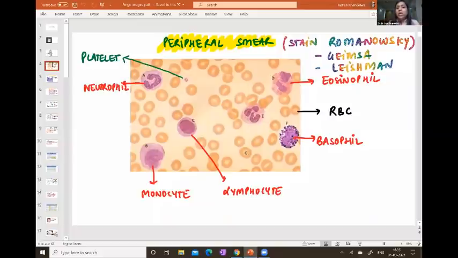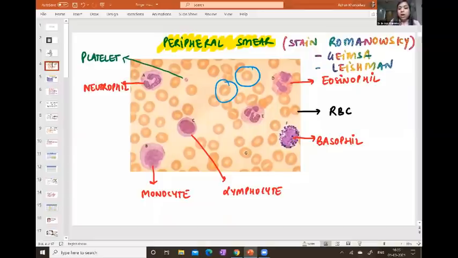What will you see in a normal peripheral smear? Let's identify the various types of cells. That's a very basic thing, because if you know the normal, then only we will be able to identify the abnormalities, right? So I hope all of you can appreciate in this peripheral smear, these cells in the background, these are the RBCs, right? The RBCs are characterized by a central one-third pallor, right? Central one-third pallor we all can see.